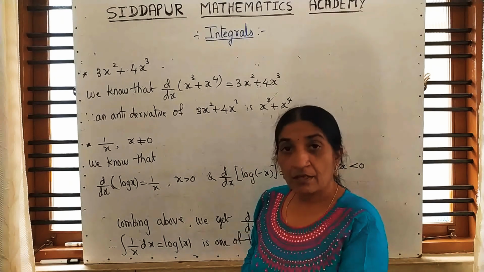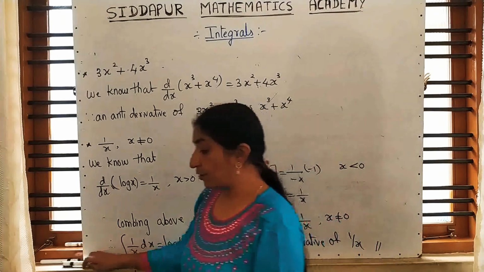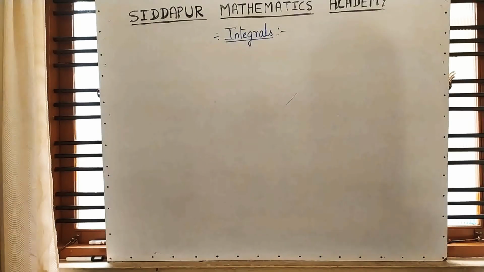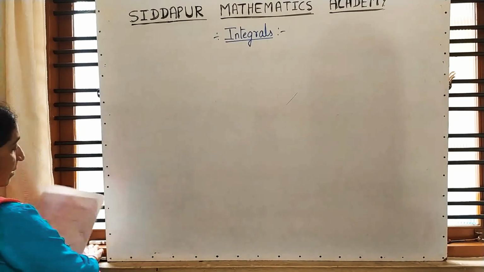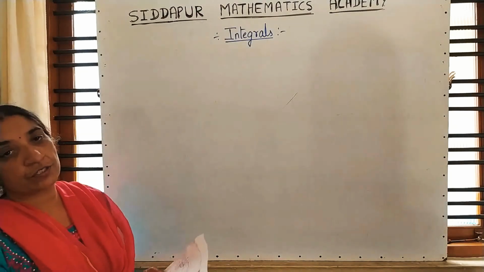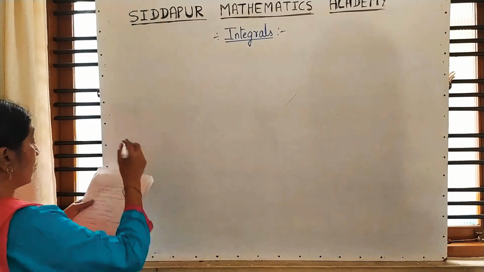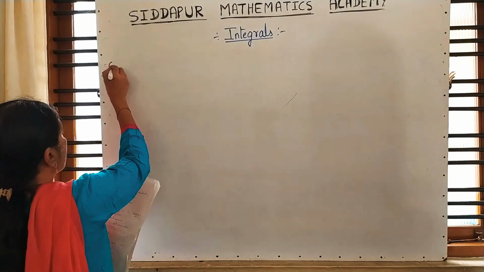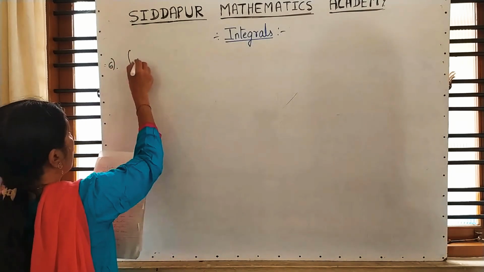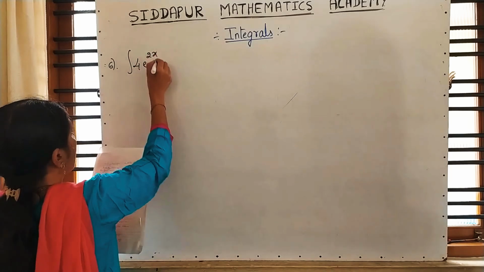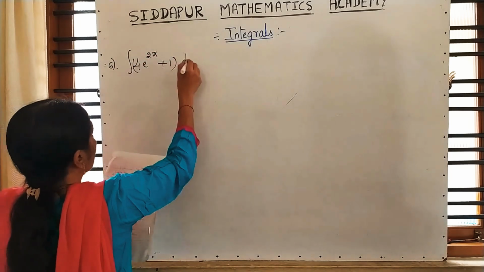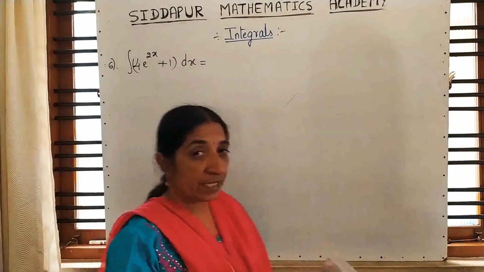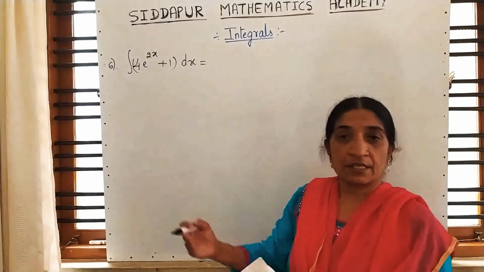In the next one, we have to integrate directly. Now I am moving to those examples. Students, moving to the next question. Here in the next question, find the integrals of the following. Direct questions. There is no inspection method, directly we have to integrate. Sixth one, 4 into e raised to 2x plus 1. Students, please note down only in this example, because that method we have still not studied. Just note it down, after this exercise that method comes.